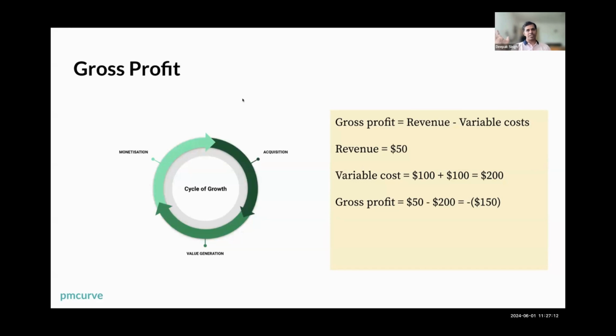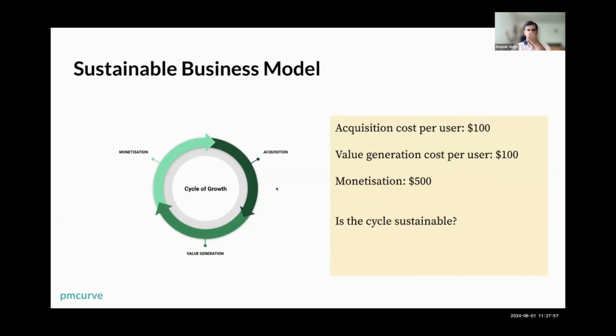So revenue minus variable costs. If you have gross profit greater than zero, there is a good chance that you'll be able to build a big and strong business. Part of the reason is that in internet businesses, once you have covered the variable cost, there are very few cost centers left. And at scale, you can always manage those cost centers and get a net profit, right? But gross profit is very, very important. So if Ola is losing on every ride, if Uber is losing on every ride, it is not going to be a sustainable business, or you can't say that it has met the sufficient condition for PMF. It has a necessary condition of PMF, right?